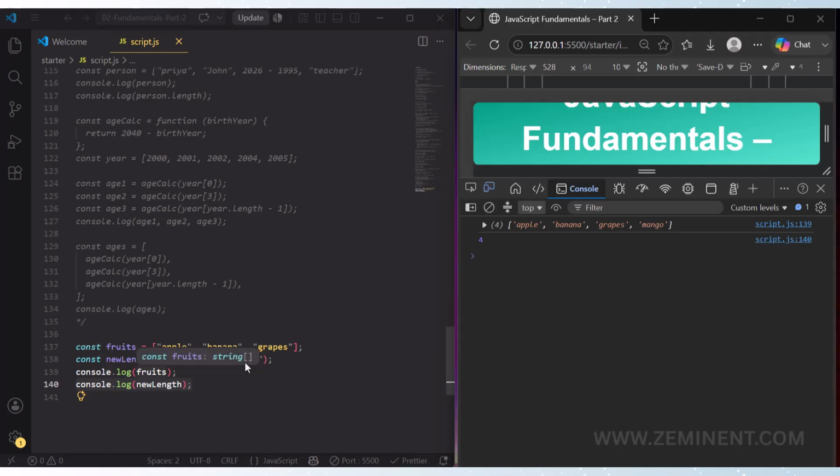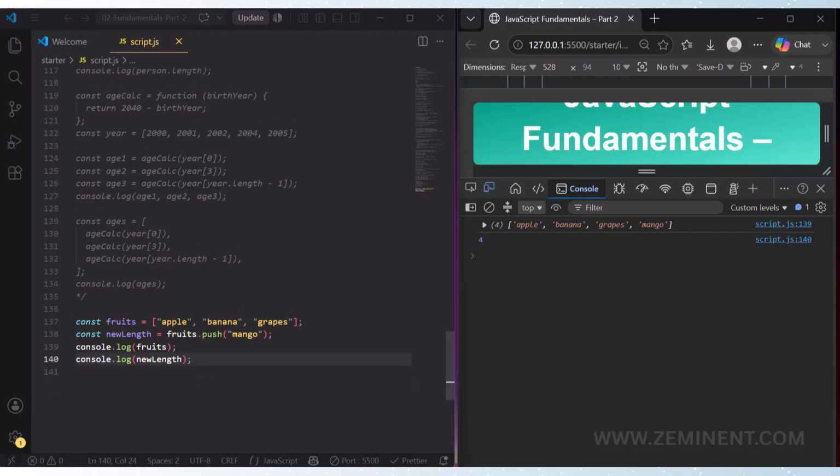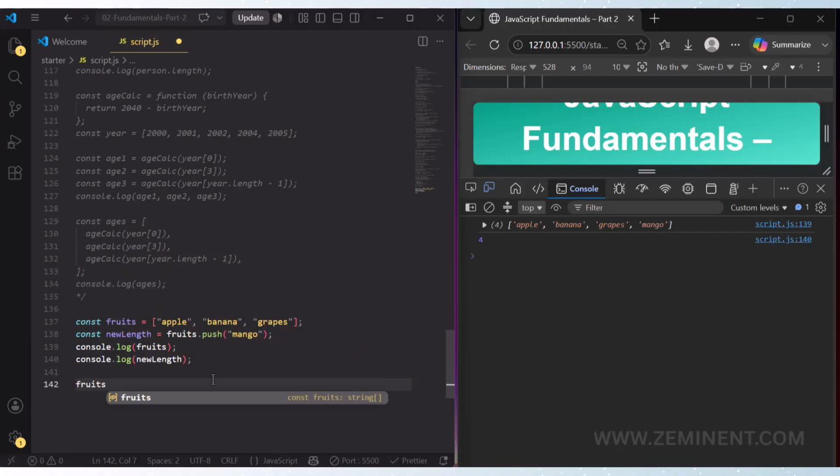Now this push method is for adding elements to the end of the array, and now we have a method to add elements to the beginning of the array, that is the unshift method. Fruits dot unshift.